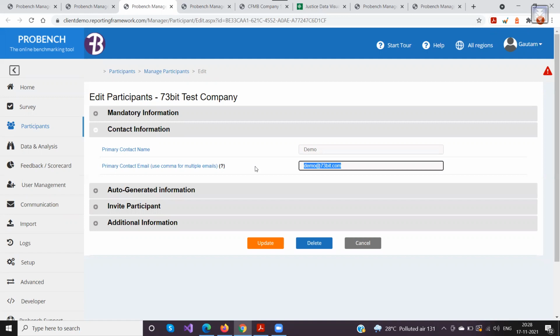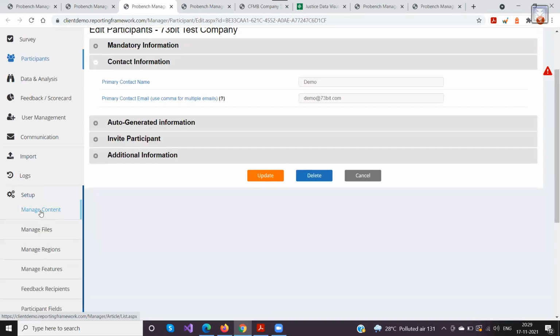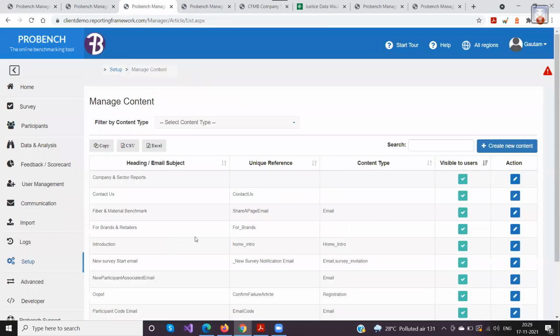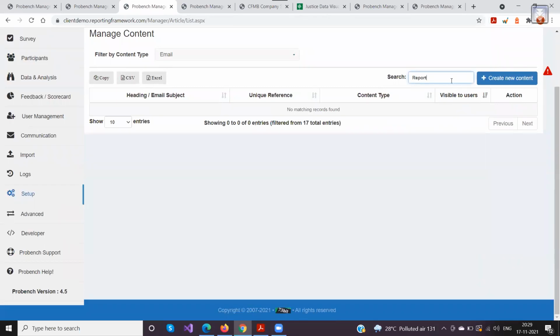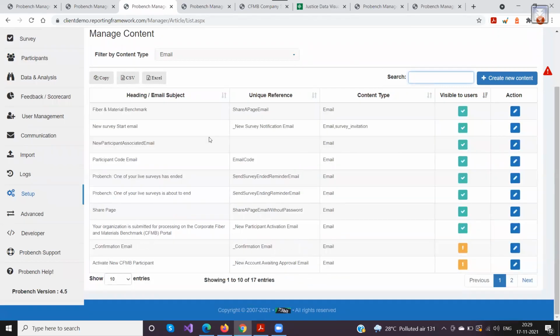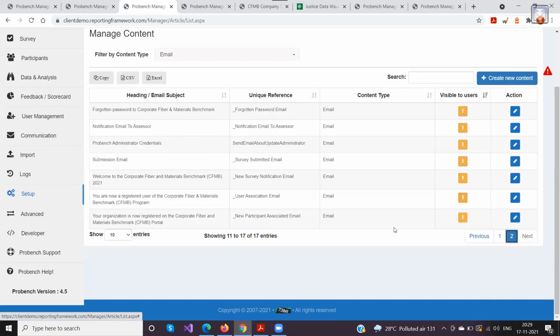The email format can be changed from manage content, as we discussed in one of our previous sessions. You'll get it in the help document there, but there is an email format which you can change here, and the content of that email would then be used when you are sending the email.